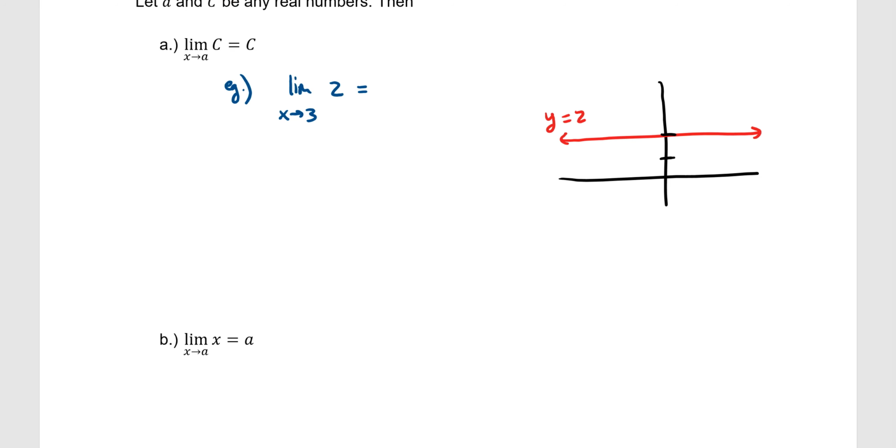And if we want to see what the y values are approaching when x is equal to 3, well, if we go to the left of 3 and go from the right of 3 and approach it, then it's obviously going to 2 because it's a horizontal line. So this answer is just 2. So just make sure you're not accidentally putting the x value as the answer. It's the function value, the constant function value. Okay, and the next one,